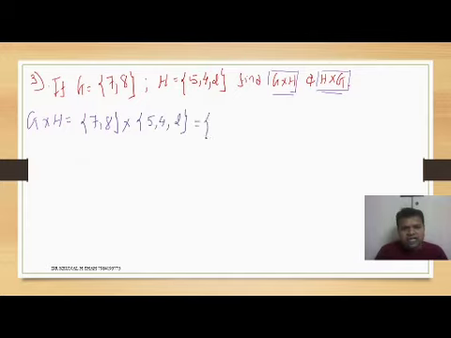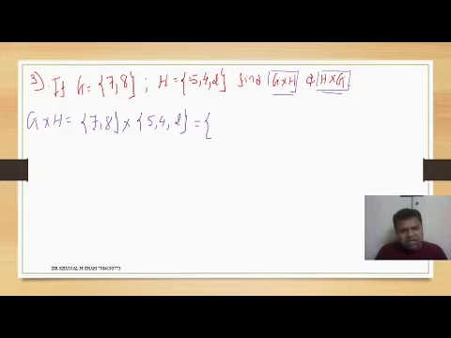So once again, let's start. First, what do you have to do? These are going to be ordered pairs. First you will get the ordered pairs. First, hold on to 7. You just have to start with the 7. 7 with all the elements of H, then 8 with all the elements of H. None should be left out here, okay? Take the cross product of all of them.